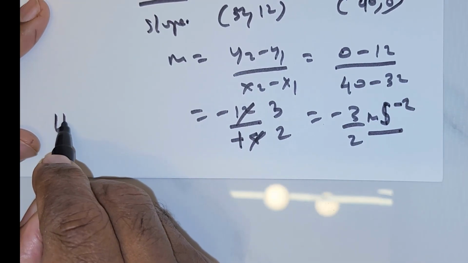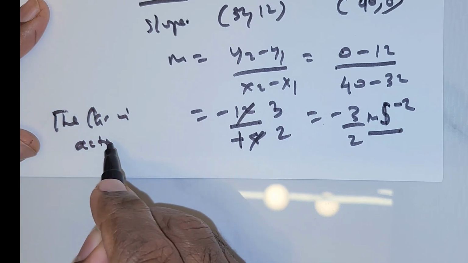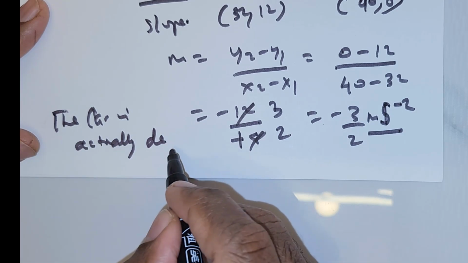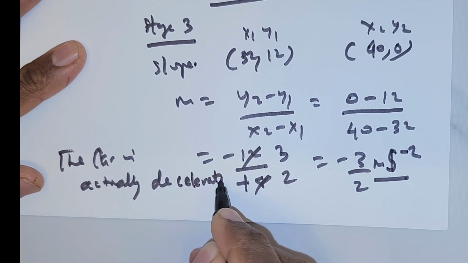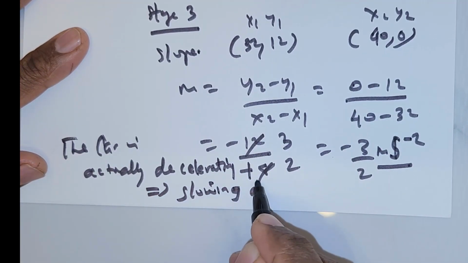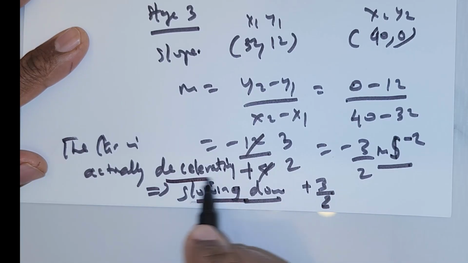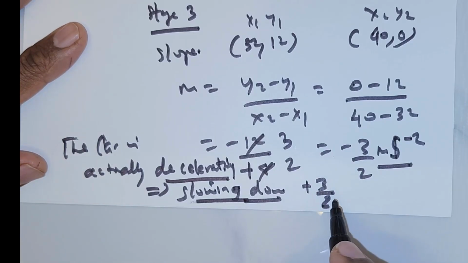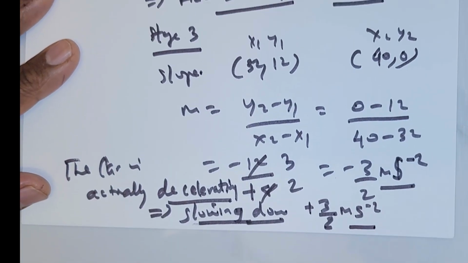So that means the car is actually decelerating. Okay, so this means slowing down. And what is the rate? The rate is 3. I don't need to write a negative sign there because we have already mentioned it as deceleration. So slowing down at a rate of 3 over 2 meters per second squared. Now this is